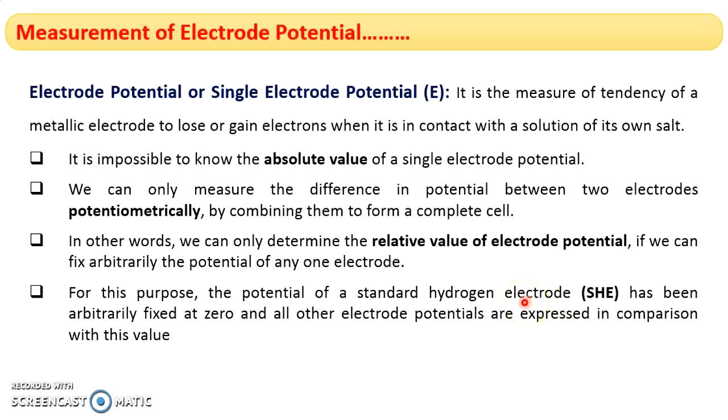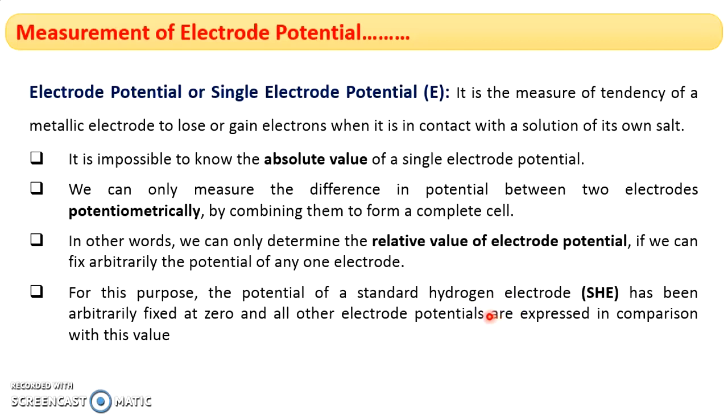Standard hydrogen electrode is a primary electrode; its electrode potential is fixed to 0, and it is connected to the sample electrode potentiometrically. Then the sample electrode potential can be determined. Or we can also use a calomel electrode as the reference electrode. Its electrode potential must be known to us. The calomel electrode potential depends on the concentration of potassium chloride used in that calomel electrode.